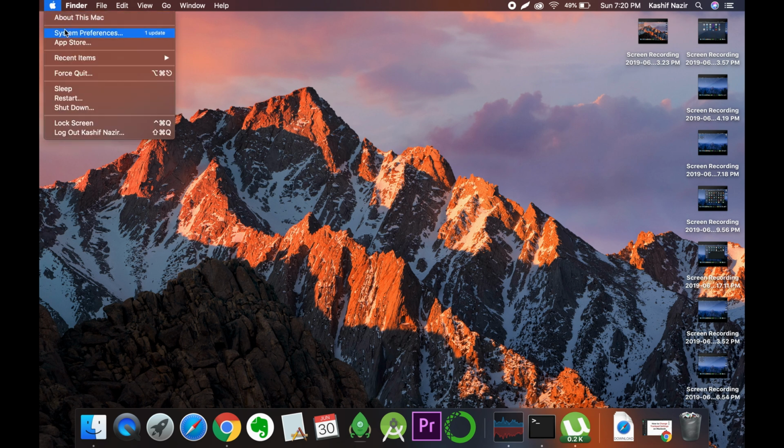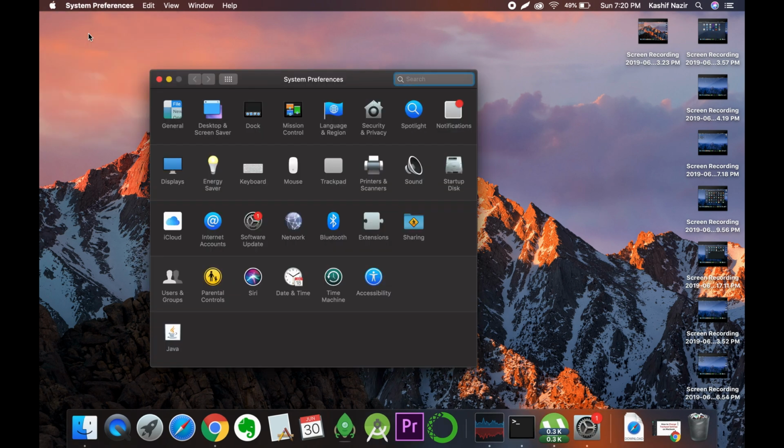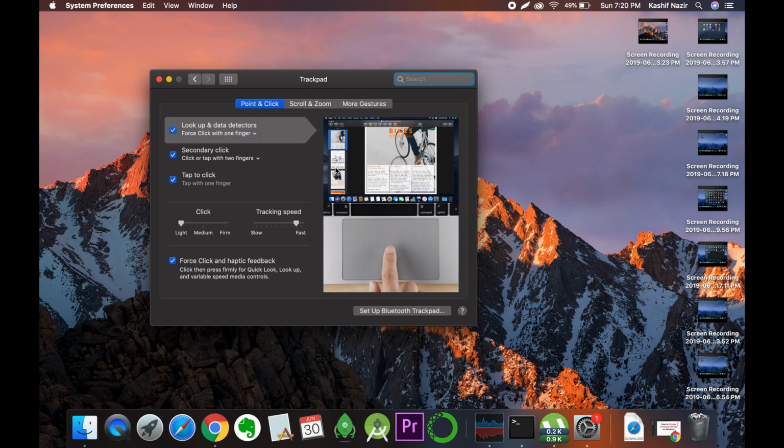what you have to do is just go and click on this Apple icon, and here click on System Preferences. Once you are here, just go and click on this trackpad, double click it here, and here you have all the settings. In the point and click,